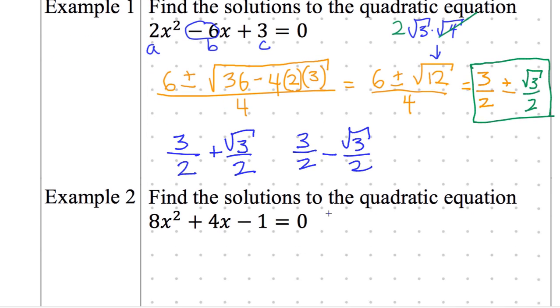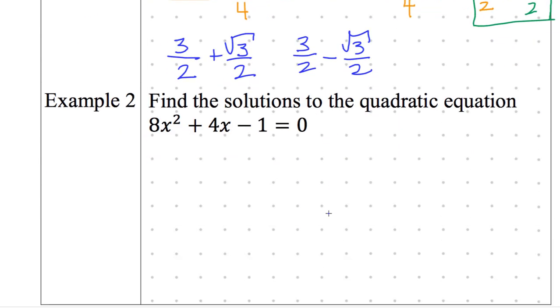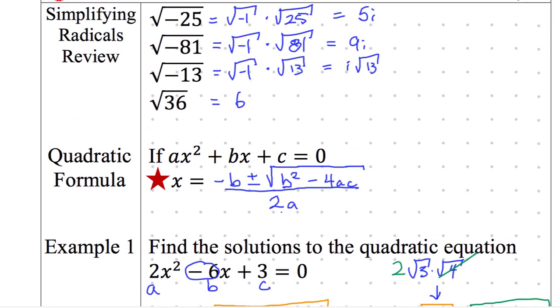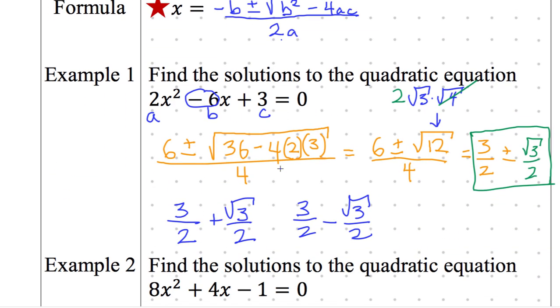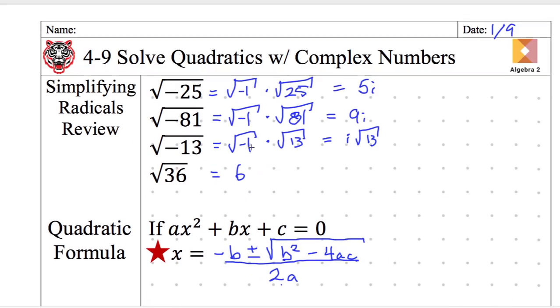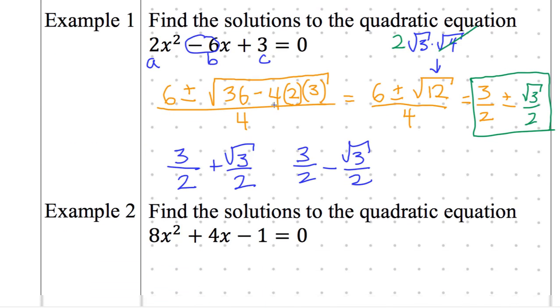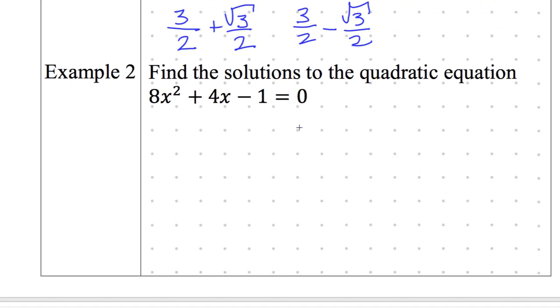So let's do one more just to solidify what we're doing. In this case, I'm going to make sure that we get an i that pops out of it, because it sounds weird if you just took that out of context, but I want this complex number i to pop out of our square root. So I'm going to have this hopefully be a negative if I did my work correctly. All right, again,